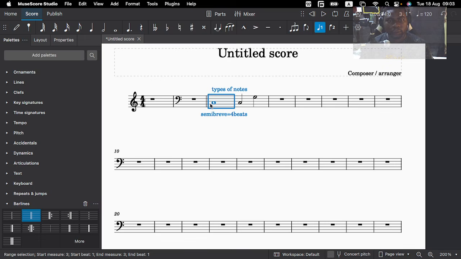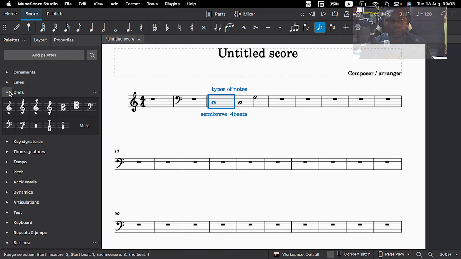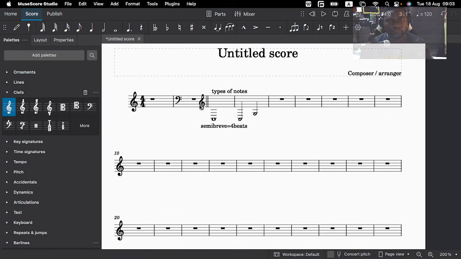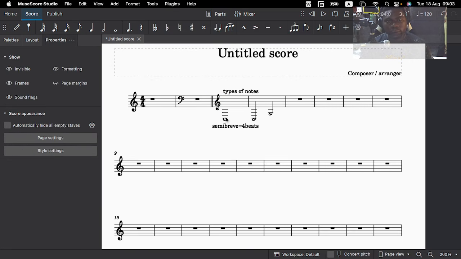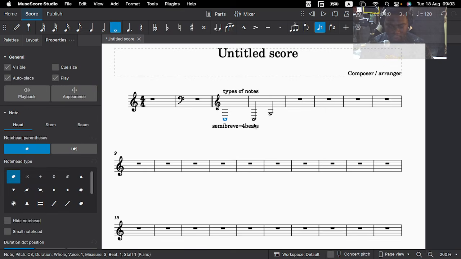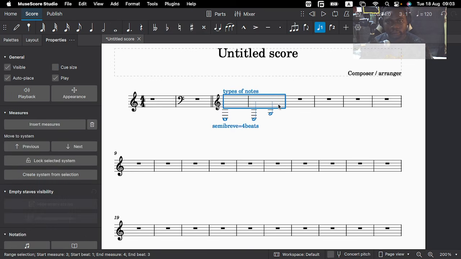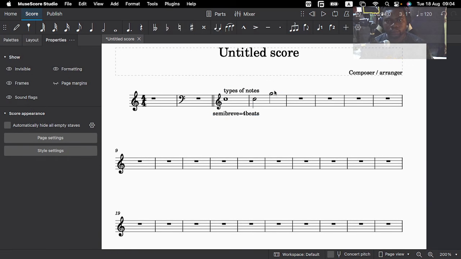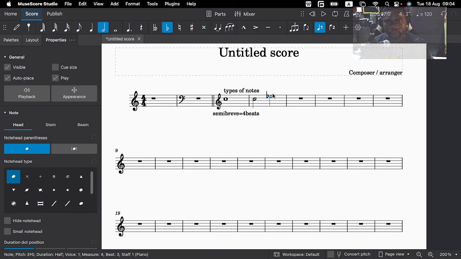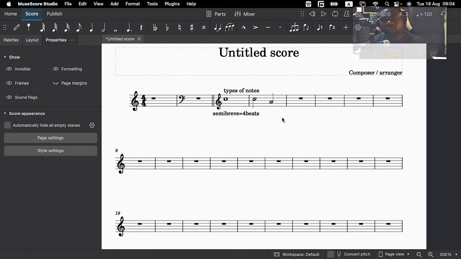Let me change the clef here. You see what happened when I changed the clef? All the notes went down. Good. So for the notes that have these stems,